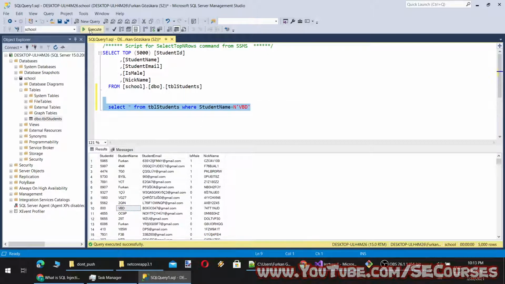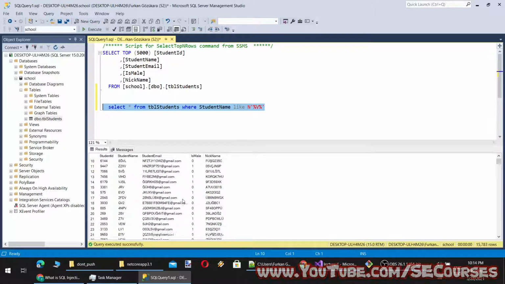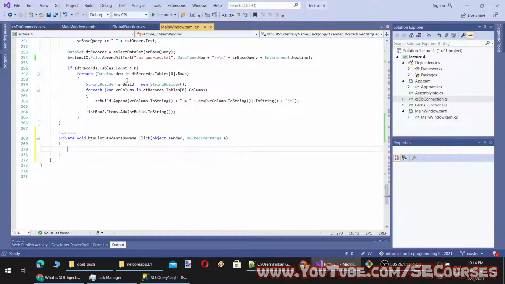Okay, and when we run it, it will bring us that student. Or we can also write it as a LIKE query, so it will bring all the students whose name contains a word.